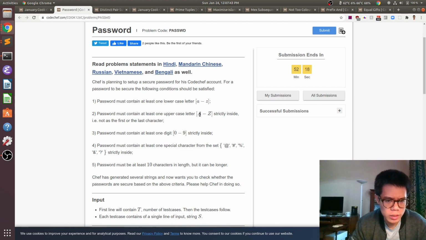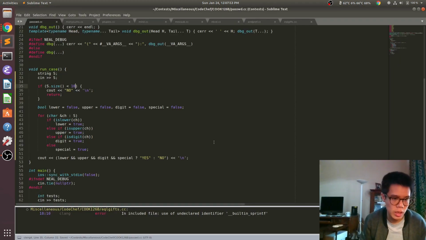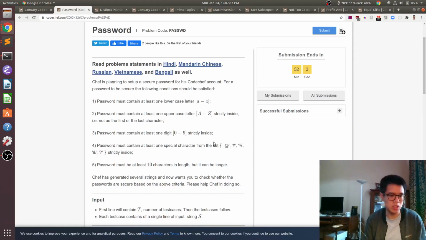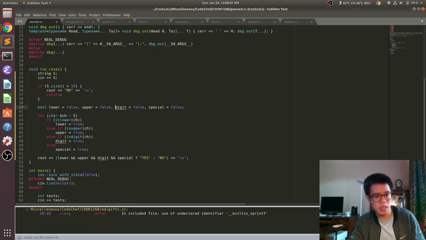Okay, so it's not that the outside things have to be lowercase, it's that we can only satisfy upper, digit, and special, these conditions, by checking the inner stuff. So this is still good,